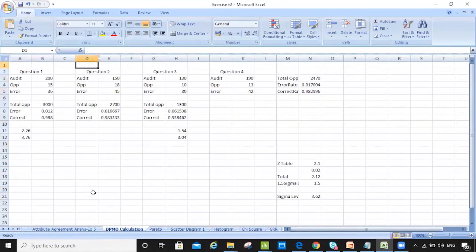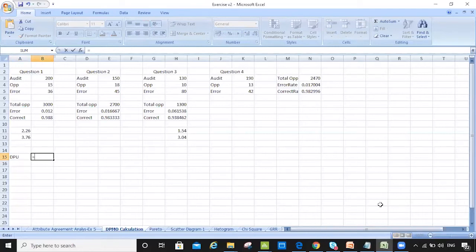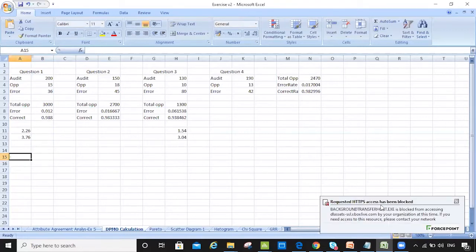Okay, so let's take the example of the first one. We have 200 audit samples. We have 15 opportunities. And now we have 36 errors. So I want to calculate DPU here. DPU says defects divided by total opportunity. So the defects that I have is 36 here, 36 defects divided by